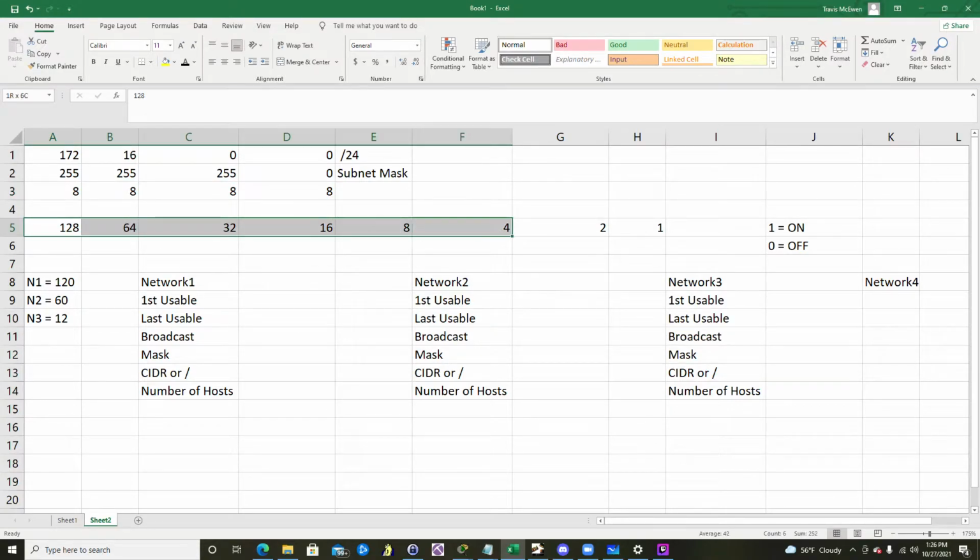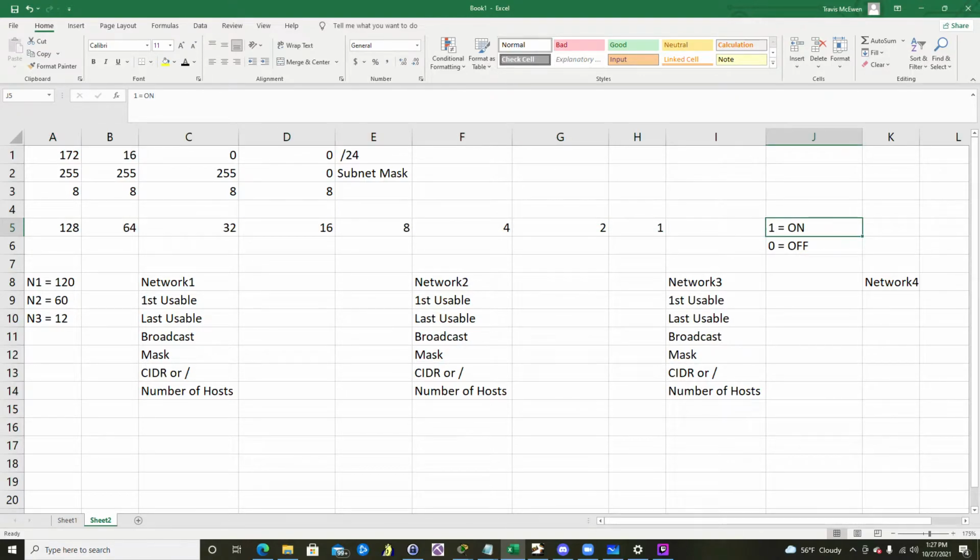Each of these 8 bits has a numeric representation of 1, 2, 4, 8, 16, 32, 64, and 128. Doesn't matter which octet I'm in, that numeric representation in this number chart is the exact same. So each of these 8 bits has the exact same numeric representation. Well, what we mean by saying that this is a /24 is where the binary kind of comes